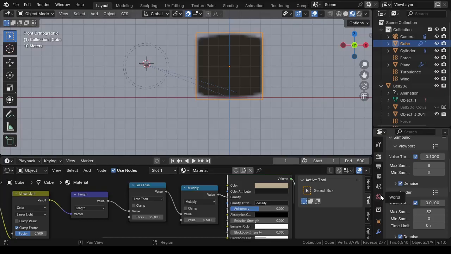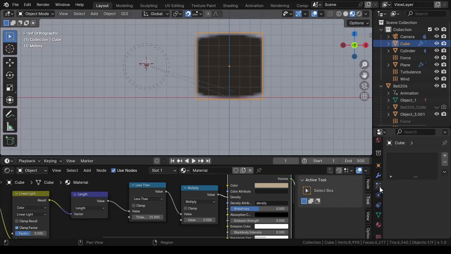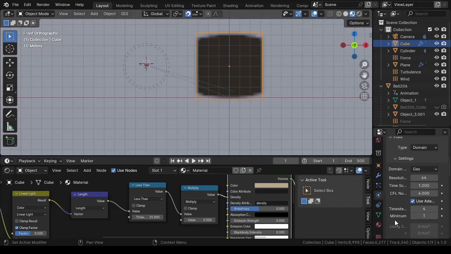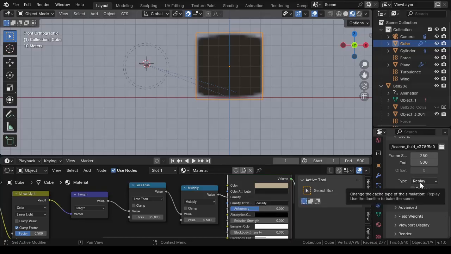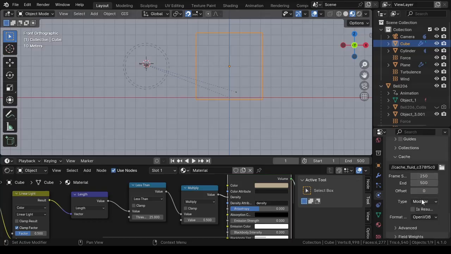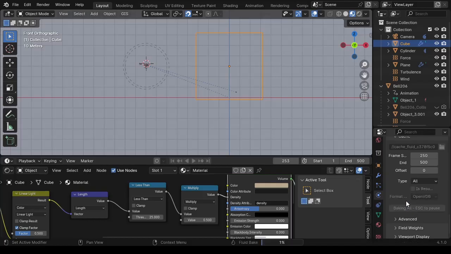We're just going to jump back to the first frame here, scroll down with our volume selected. We will go into the physics tab for our smoke sim, scroll down to the cache, and change the type from replay to all and select bake. While this is baking, which I highly recommend, it should save you some time, and then you can just tweak your material settings however you see fit. And if you don't like the results, you can always change a few things and then bake it again. But this will also save you processing time because it's already baked into your scene, and you can go ahead and